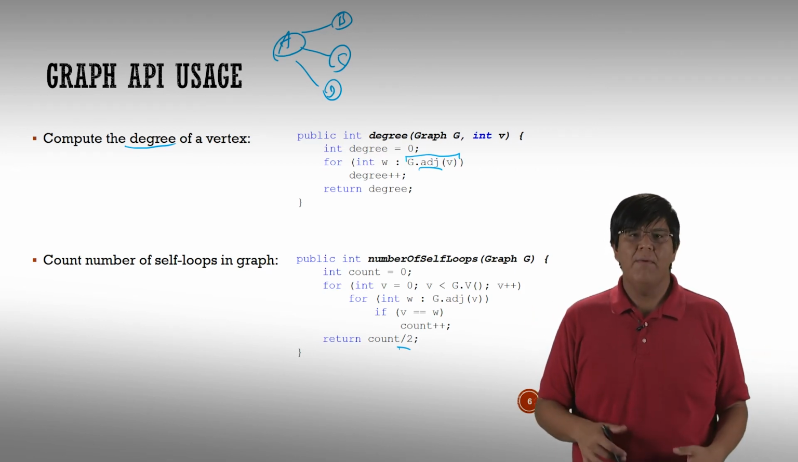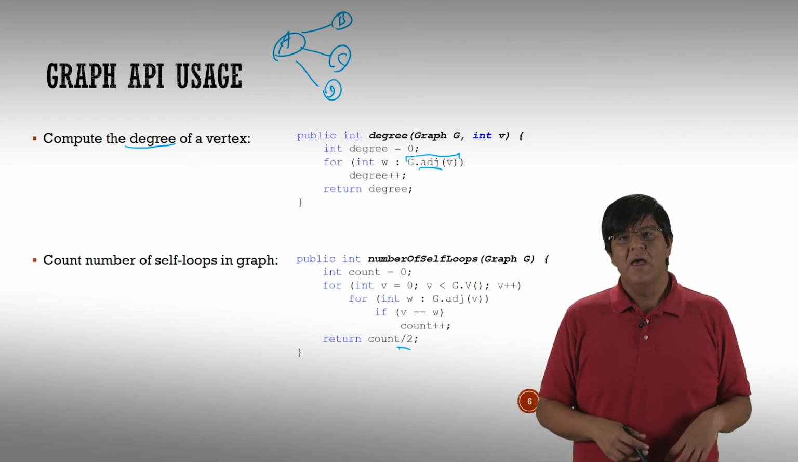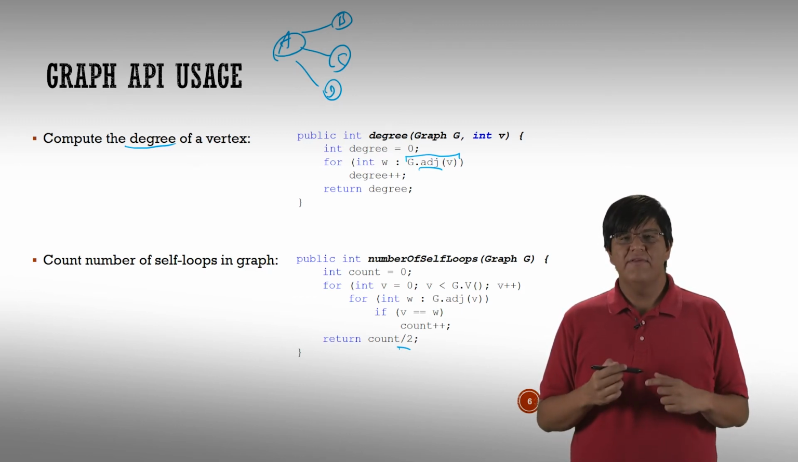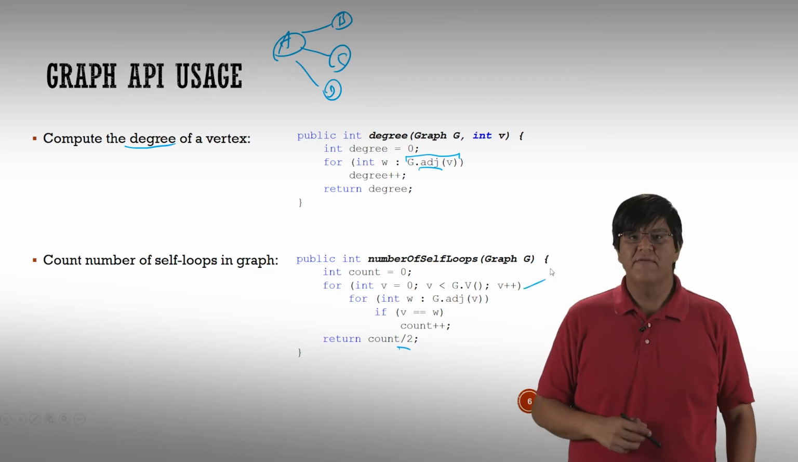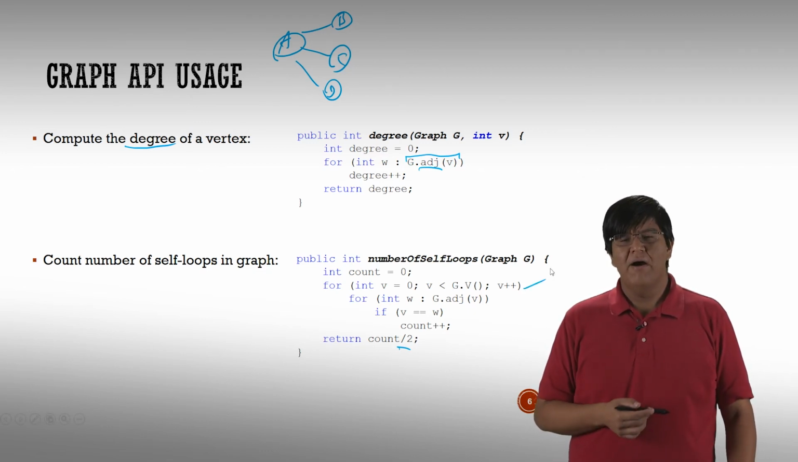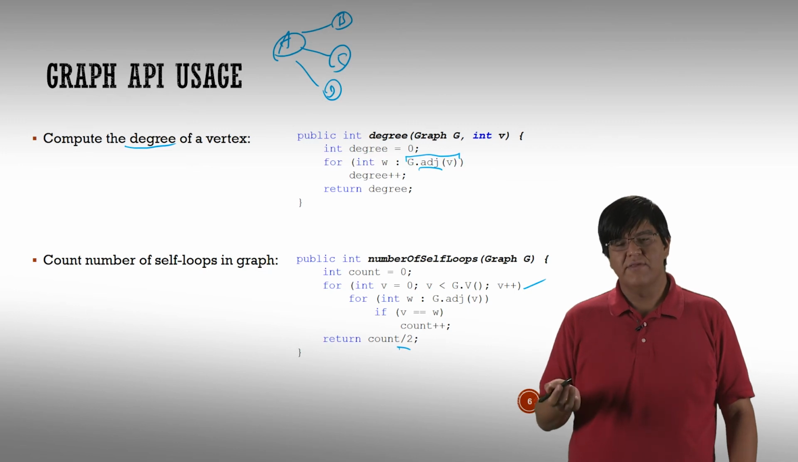So basically we have a variable to count up how many self-loops we've seen. And then what we do is we start looping over every single node in my graph. That's what this loop here is doing. It's looking at every single node, every single vertex in my graph. Now, as it looks at every single node or vertex in my graph, what it's then going to do is